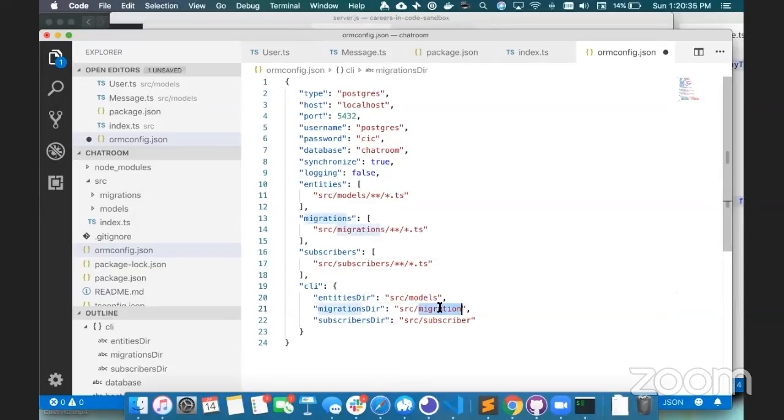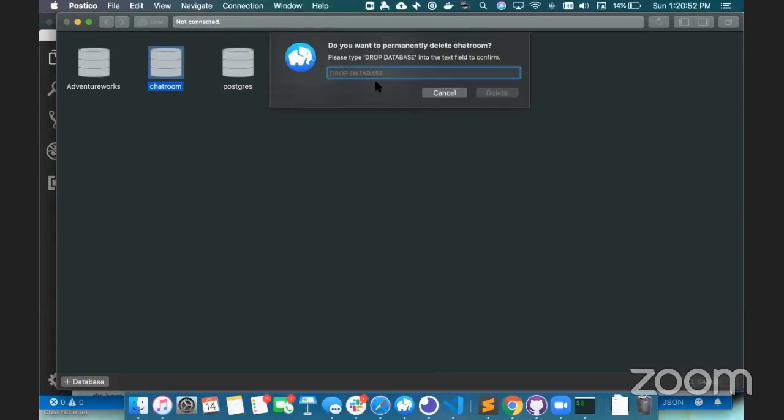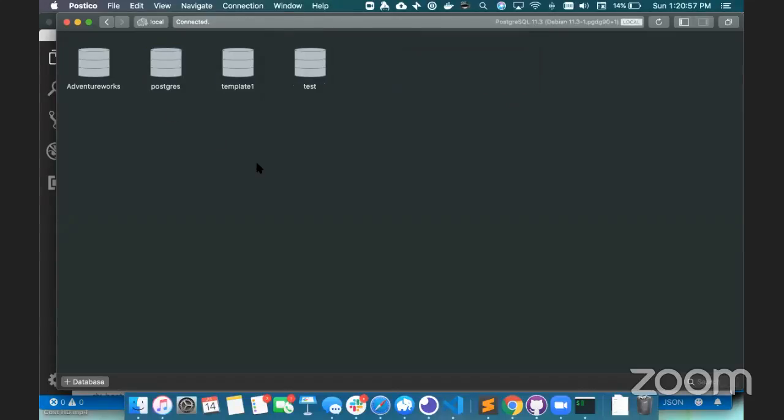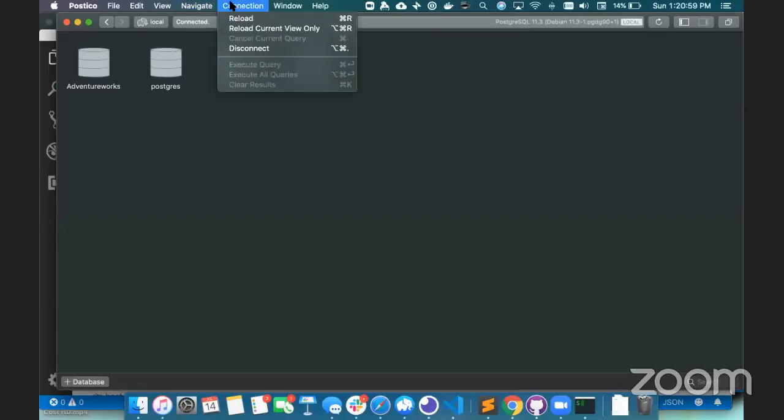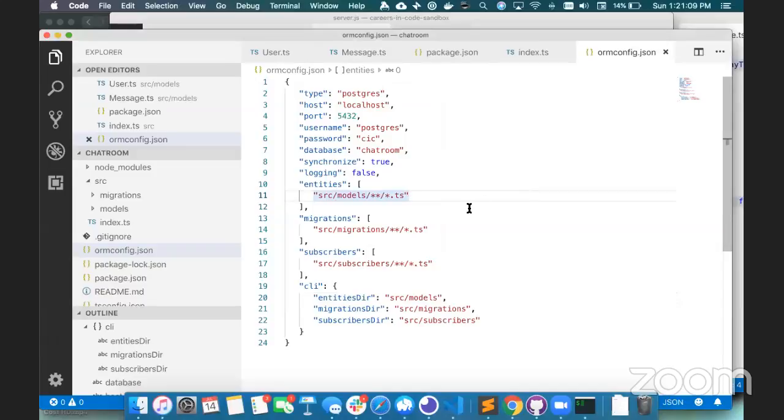Models, migrations, subscribers. Okay. So now I'm going to go just to my Postgres. I have a Postgres GUI here, which is pretty nice. And I'm just going to make a brand new database. New database, chat room. Okay, so